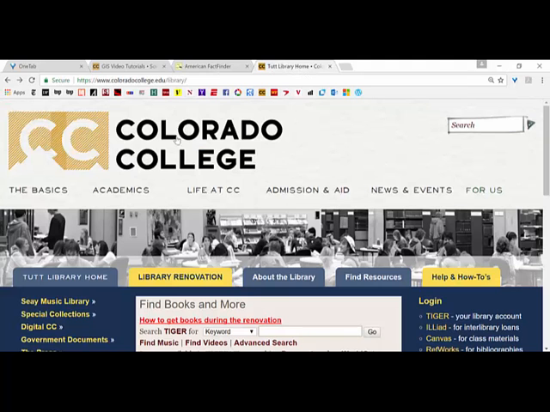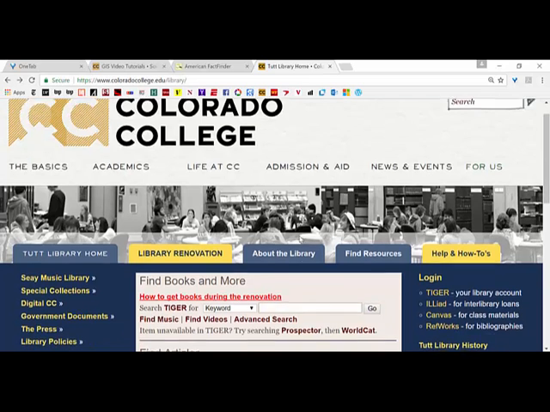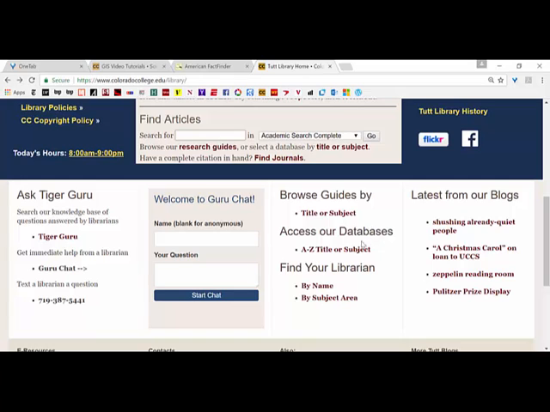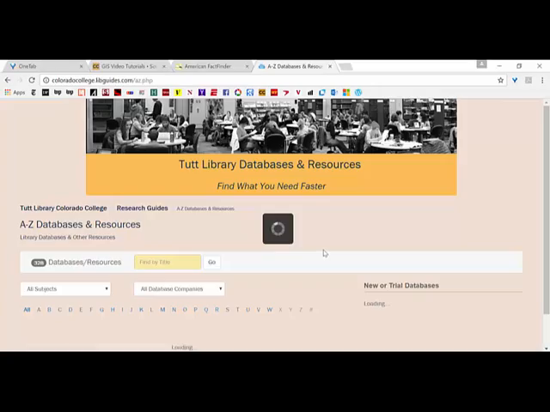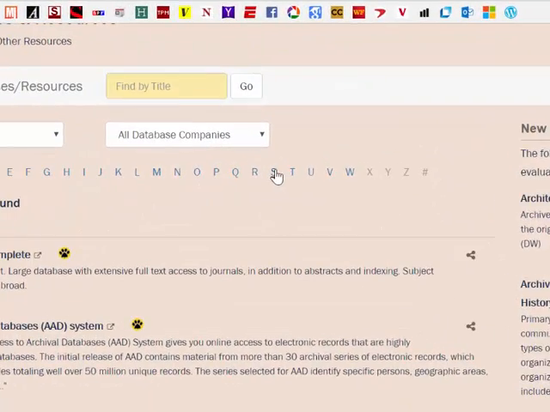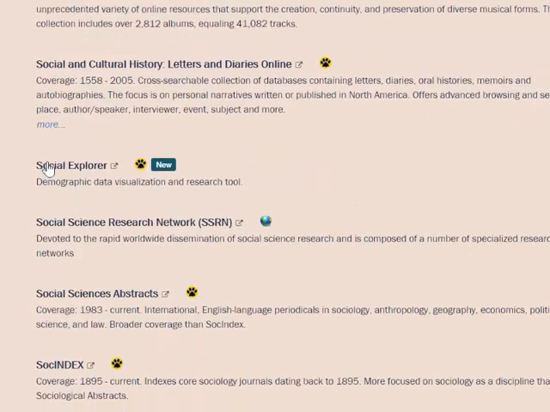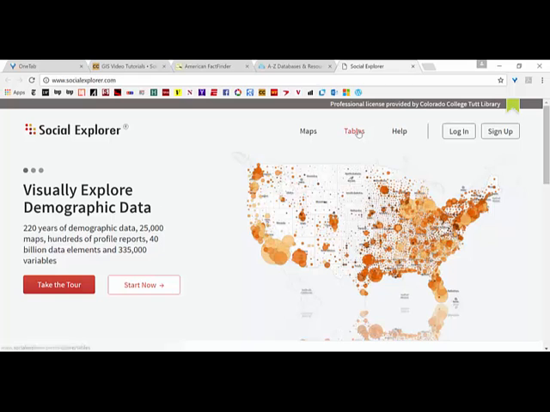So I want you to go to the Tutt Library's website on CC's page and go down to Access Our Databases and click on A to Z title or subject. Then click on S and scroll down to Social Explorer. Now you'll go to Tables,